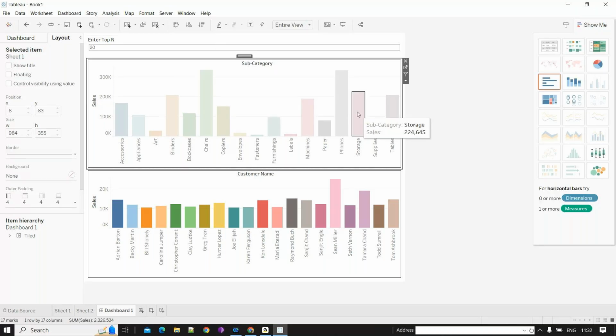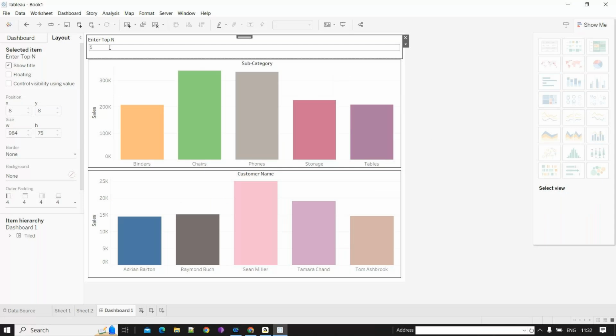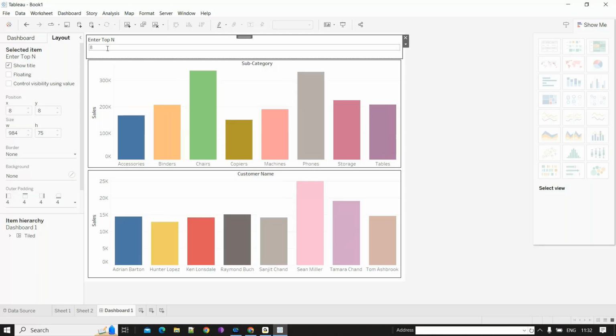So whenever I enter 5, it is going to display the top 5 customers data. It is showing the top 5 subcategories data. If you enter 8, it's going to display the top 8 records. Sorry, this is only top records. Okay,